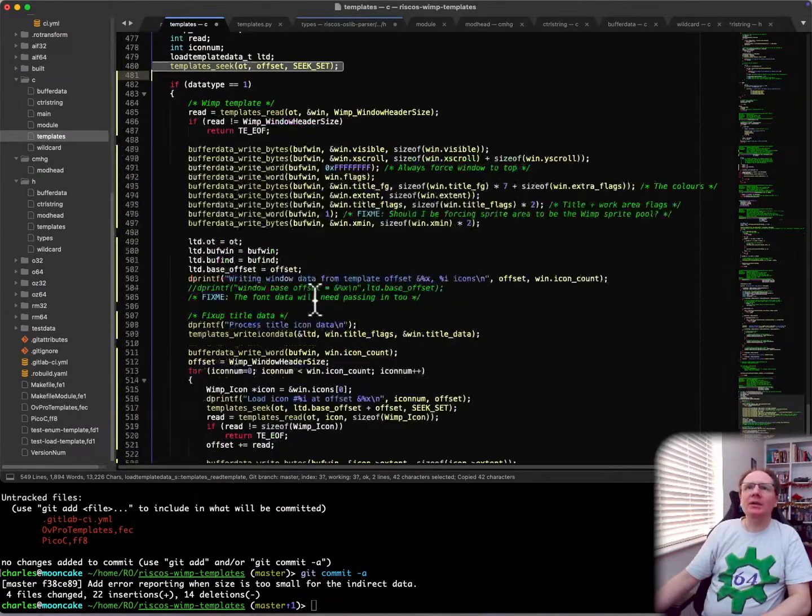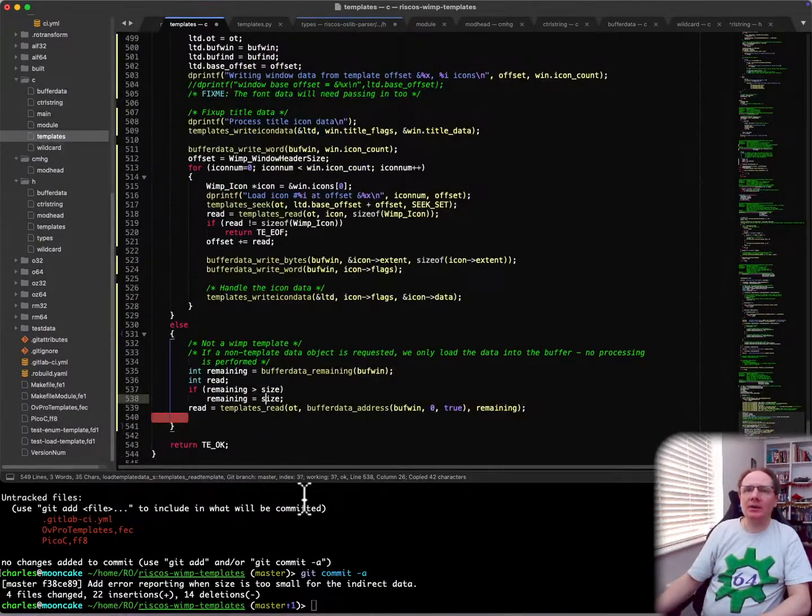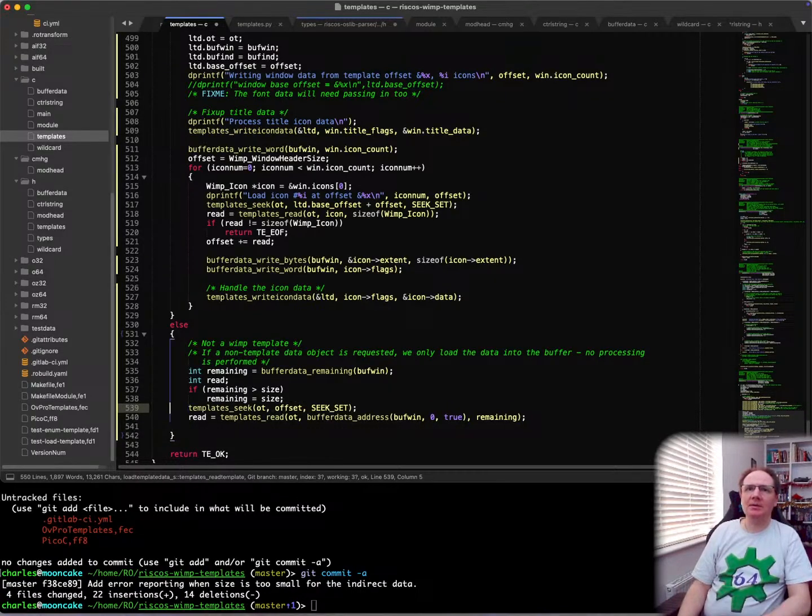I forgot to seek, didn't I? Need to seek to the offset as well. Template seek to the offset, seek set. Read that amount of data. And then